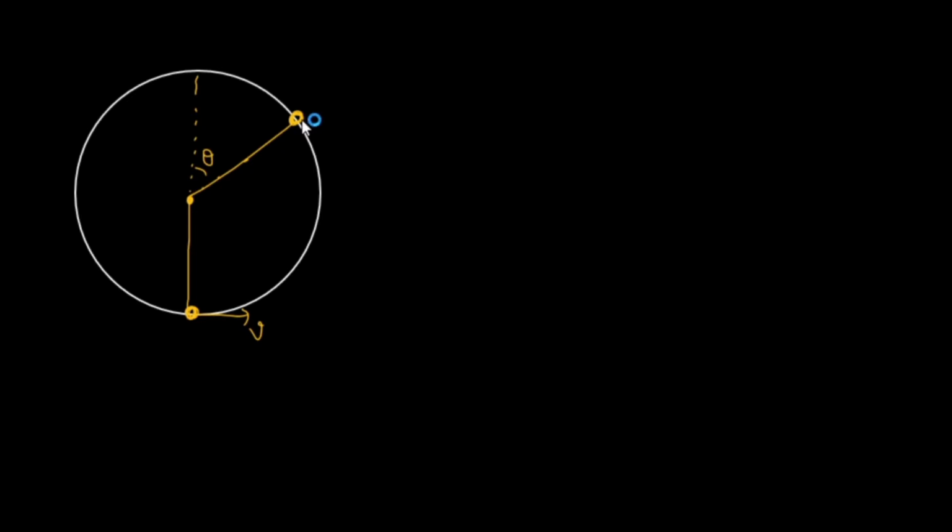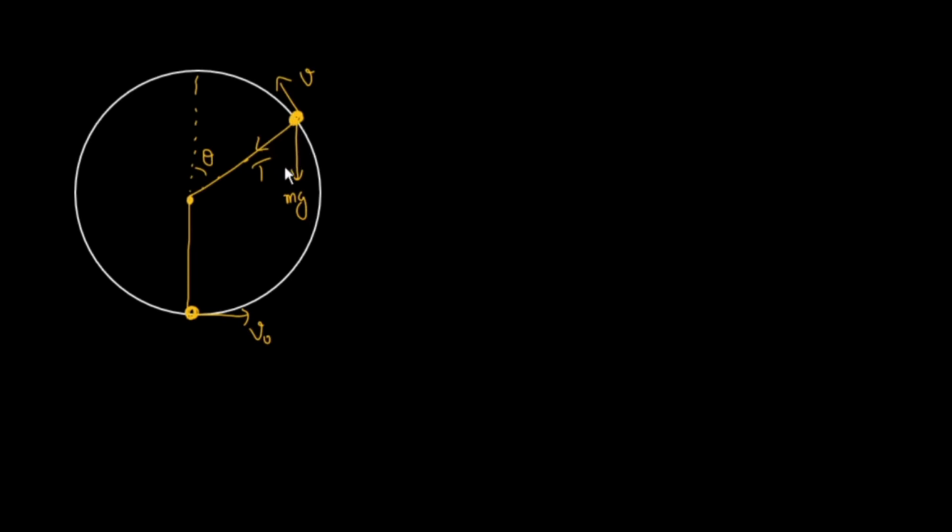I'm not saying that it is slacking from here, nor am I saying that the speed is becoming 0 here. I'm just saying at this position I have just taken a picture. So I give an initial speed V naught and the speed here is V. There is tension also present here and there is mg present.